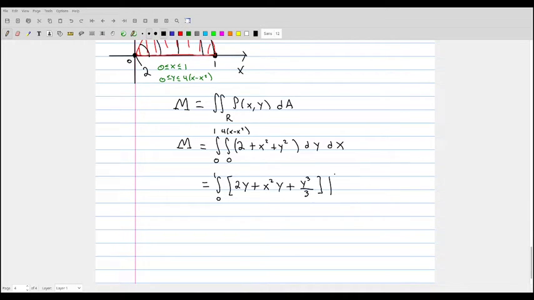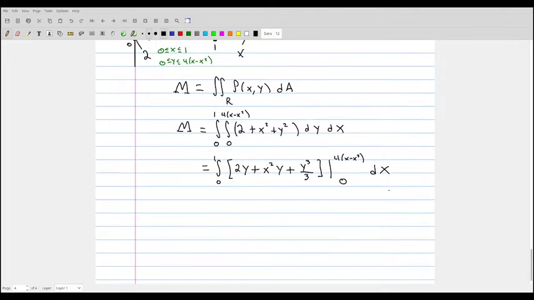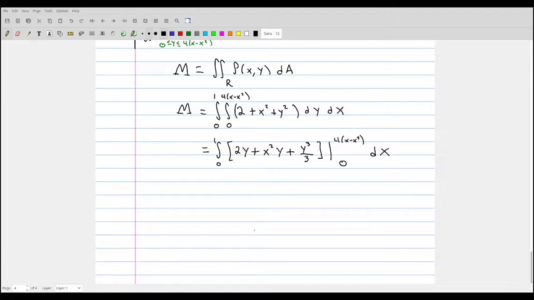And this has to be evaluated at the upper bound and the lower bound. So applying the fundamental theorem of calculus here and plugging in our upper bound and our lower bound, the lower bound is going to be 0, so we don't have to worry about that. And the upper bound is going to be